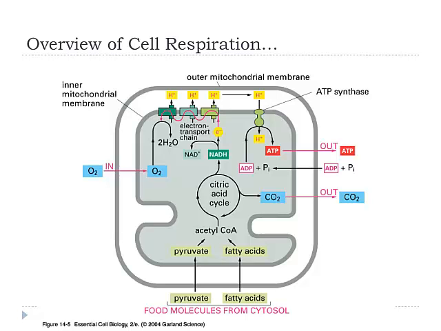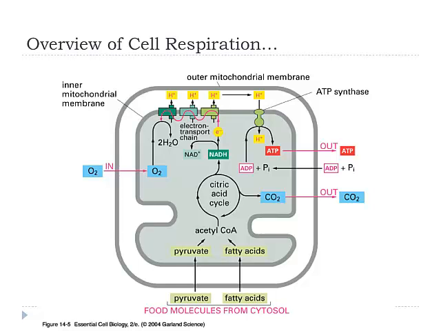Acetyl-CoA is then converted to a 6-carbon molecule and shuttled into the citric acid cycle, so converted to citric acid. And then the electron carriers, FADH2 and NADH, from the citric acid cycle are then shuttled into